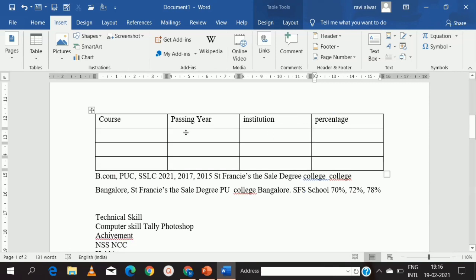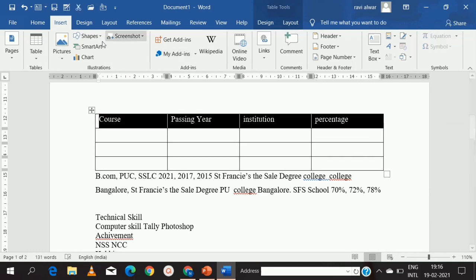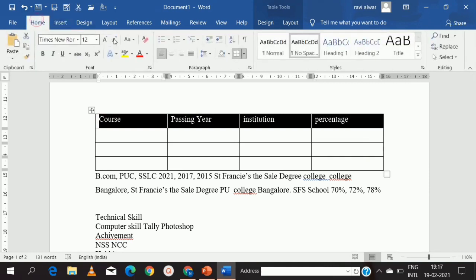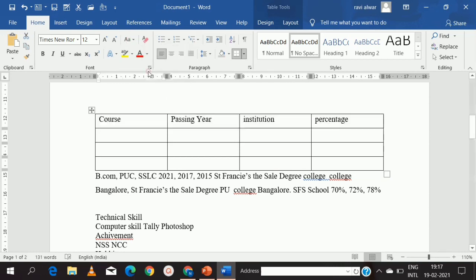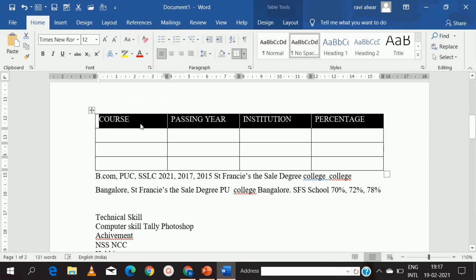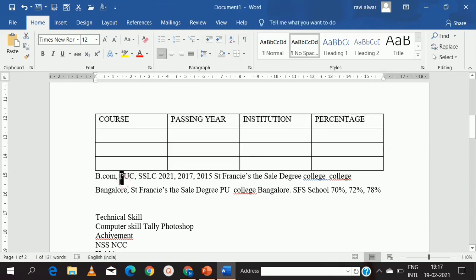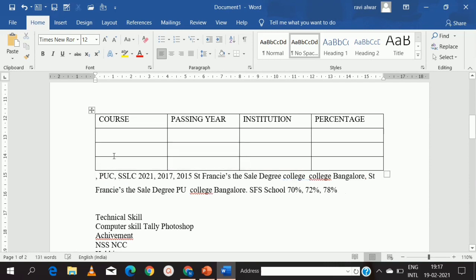These are the shortcuts. Now I want my table heading to be in uppercase. So again I will go here, click on change case and click on uppercase. Then, whenever you are entering a resume, in educational qualification, you should mention the recent one first.